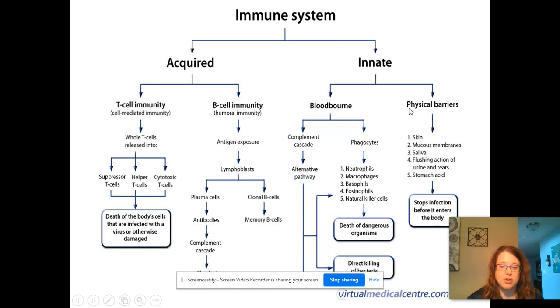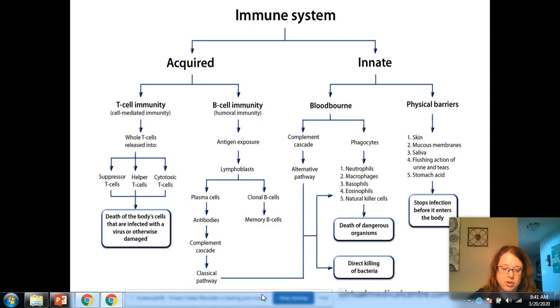Remember, you had the mechanical and the chemical barriers. So the physical barriers, these are all the skin, mucous membranes, those are your mechanical barriers. And you had saliva with the lysozymes, the flushing action of urine and tears, the stomach acid, remember the pepsin,